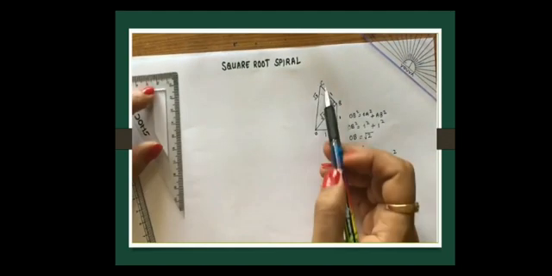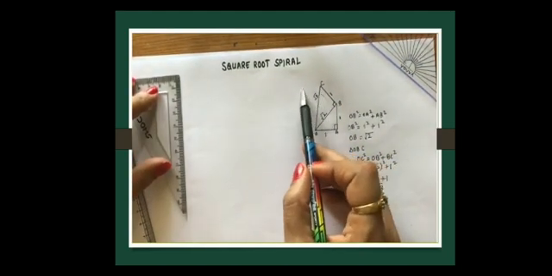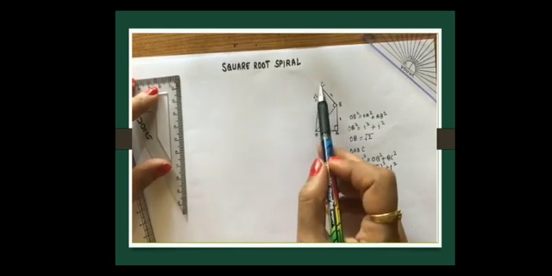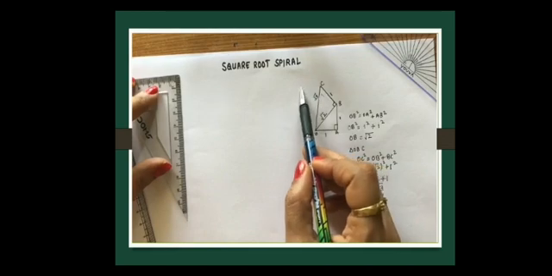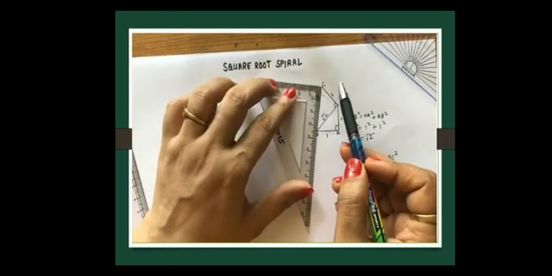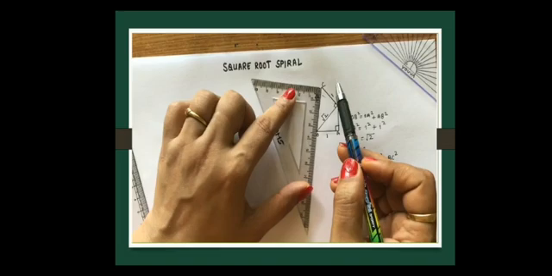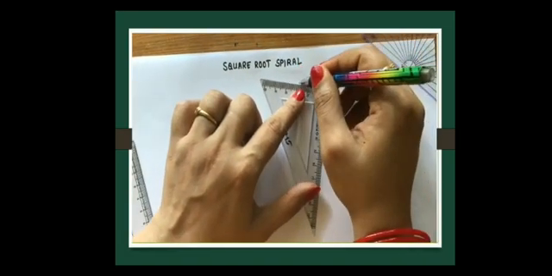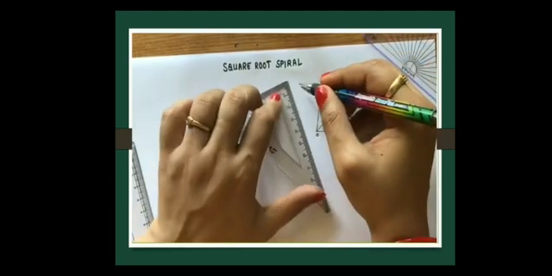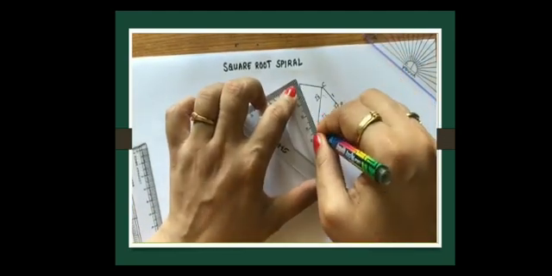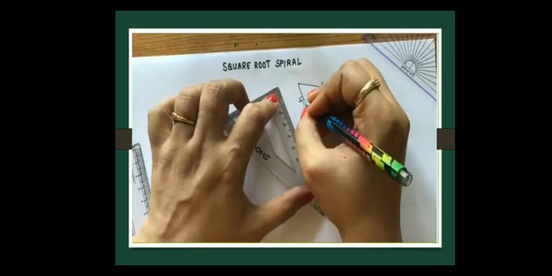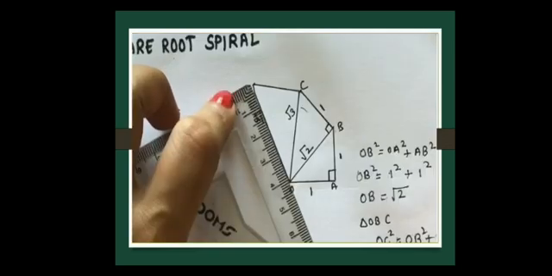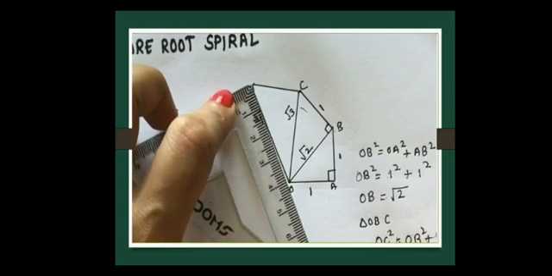Now in the same way, we can construct perpendicular again on this line. On that, then again one more right angle triangle we will get. But you have to see that this distance every time we are taking it as 1 unit. So 1 unit here I am taking as 2 centimeter. So again if I can draw a perpendicular, then if I join this, then according to Pythagoras theorem, it should be root 4. You can see it is exactly 4 units.